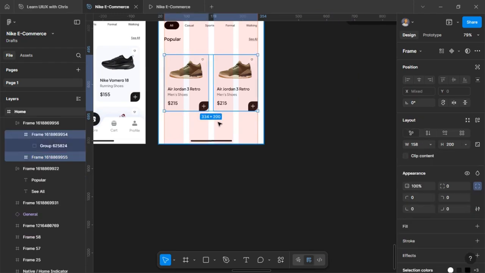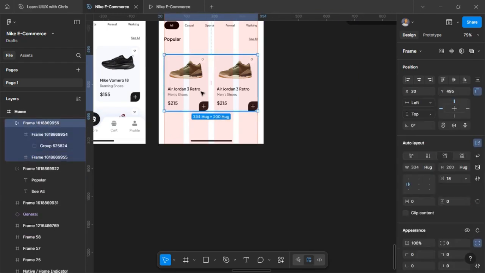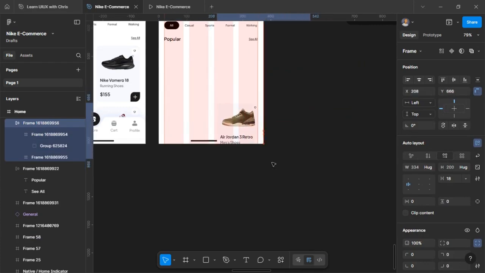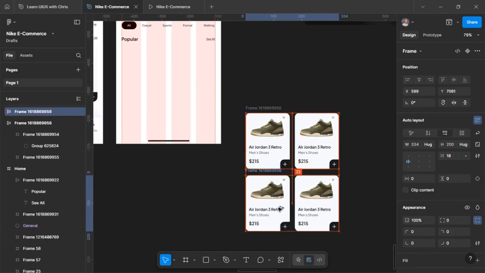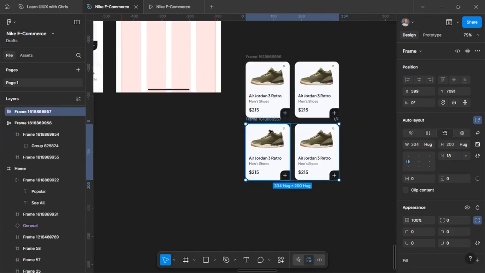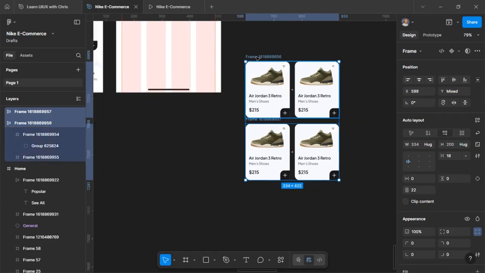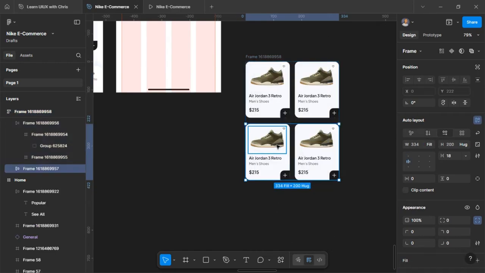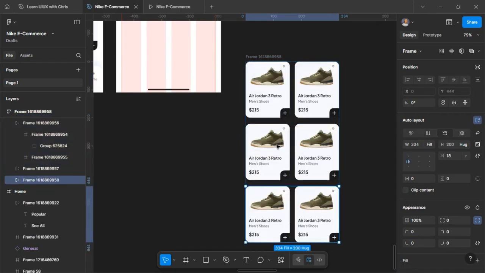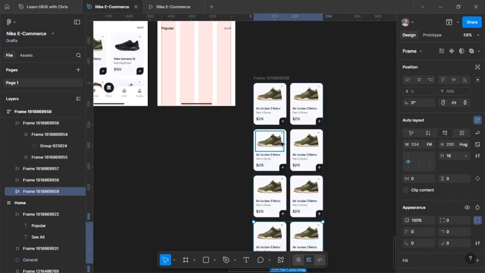Oh no. Let's bring this out so we can see what we're working on. So we have these two frames. We drag them down again. We join them with this and add auto layout. Now we duplicate this, continuing depending on how many shoes you have, and now you can